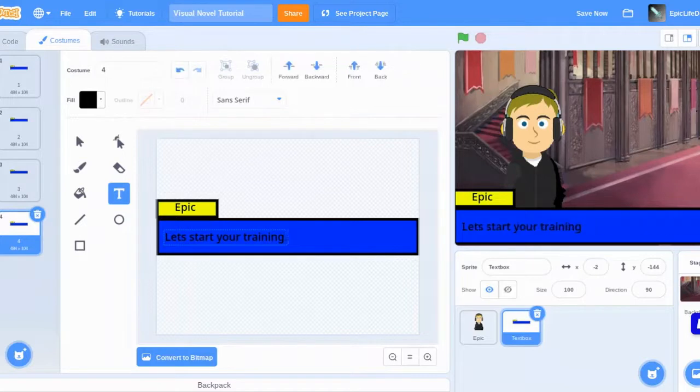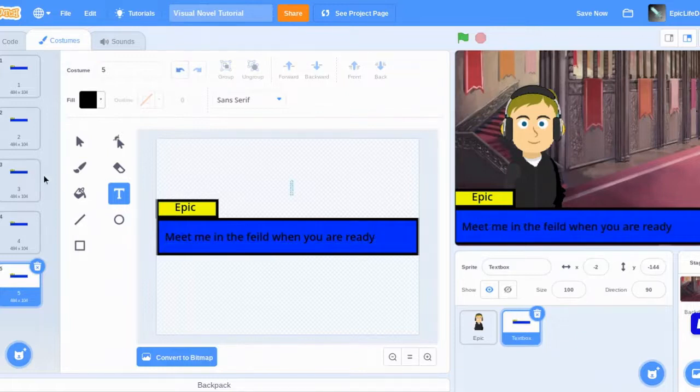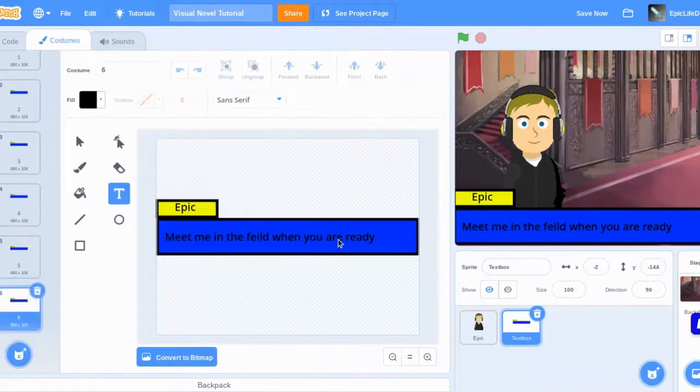And then we could say, like, let's say you went outside, you had to go out of the castle, so 5 would be, or, wait, you need to be in the field. Of course, you can also make the character straight from here, just to make it look like your actual game if you're going to do that. I'm just doing this to make it quicker. And then in the field when you are ready, and then when you get in the field,